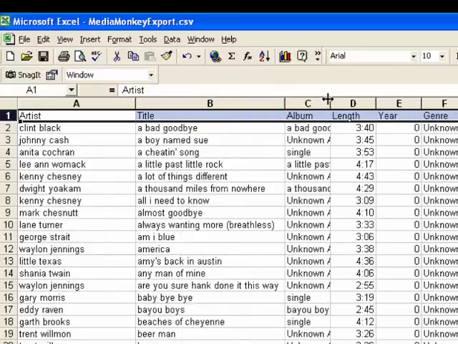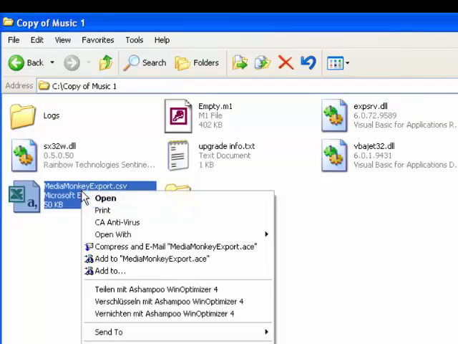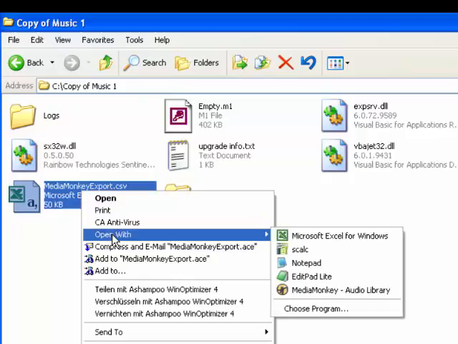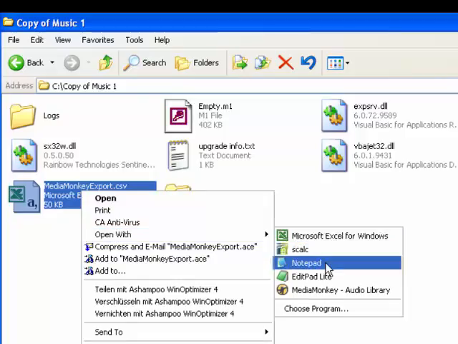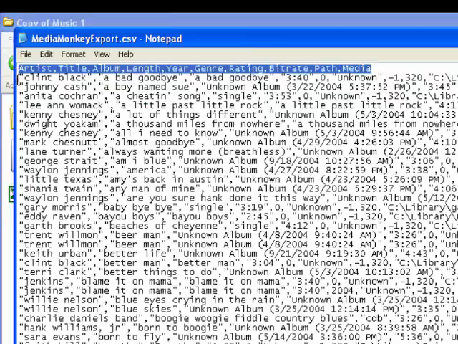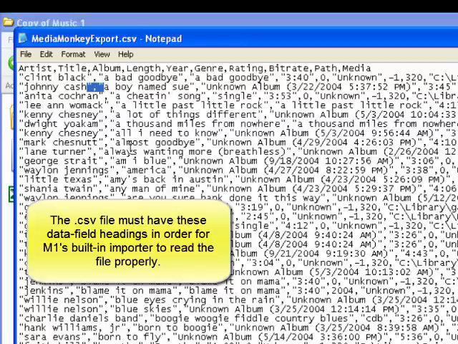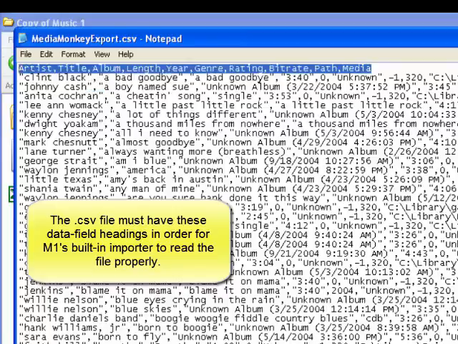I'm going to open the same file now with Notepad. I do a right-click on the file and select Open with Notepad. And here's what it looks like in this application. The identifying headings are in the first row, and then the data fields are separated by quotation marks and commas. The file must have these headings in order for Music One to identify each data field and to import the